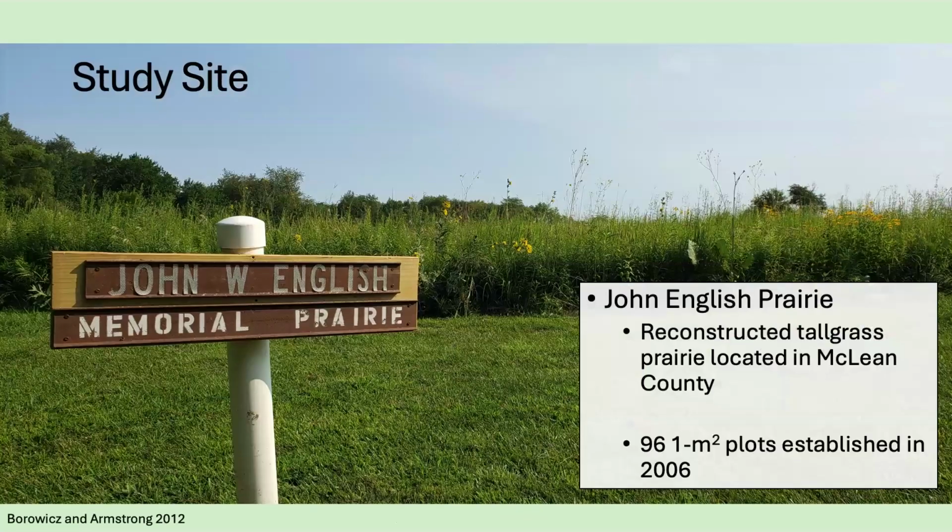My research is out of the Nachusa Grasslands prairie. This is a reconstructed tallgrass prairie, and there were 96 one-meter-square plots that were created out of the prairie back in 2006. Past research at the site has shown that Pedicularis does have strong effects where it is abundant, and that cuneata increases most where the native congener Lespedeza capitata is absent. So I returned to this prairie to examine how these effects persist